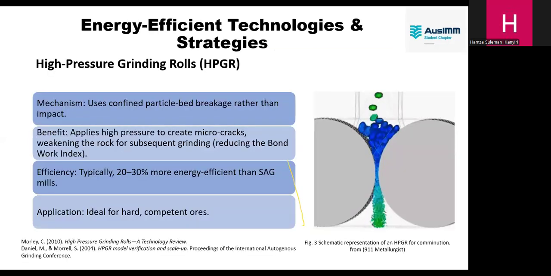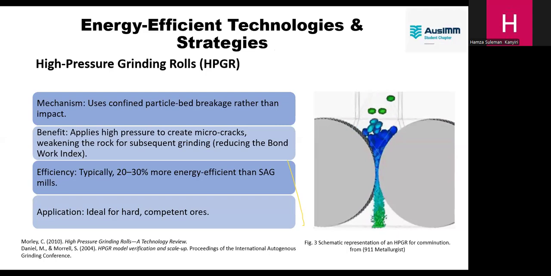So we've spoken about the energy inefficiencies of the traditional comminution processes, which are the SAG mill and the ball mill. Now we are going forward. We are going to talk about some of the main technologies that are currently being used to improve energy efficiency in comminution circuits. The first one I would love for us to talk about is the high pressure grinding rolls,